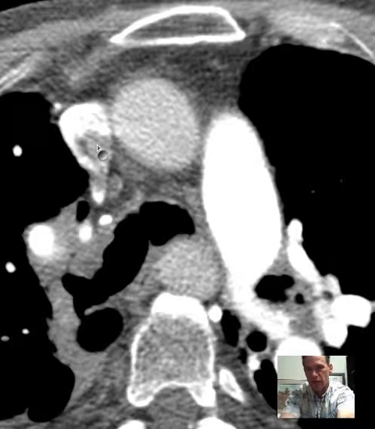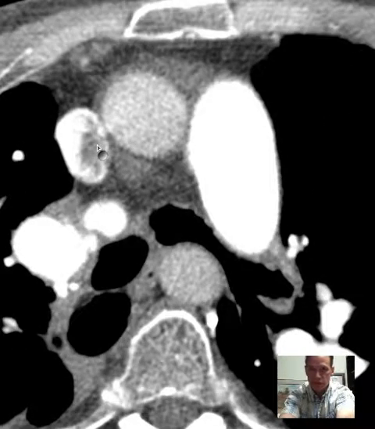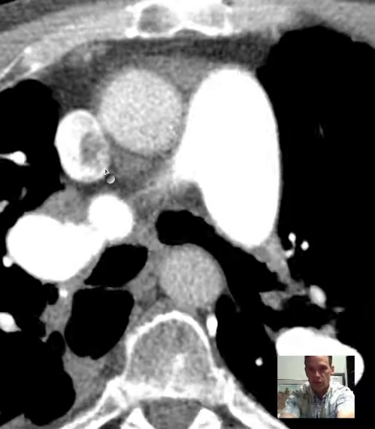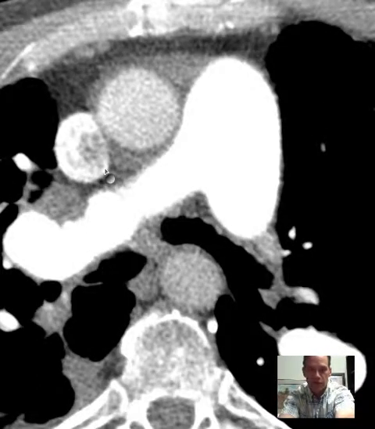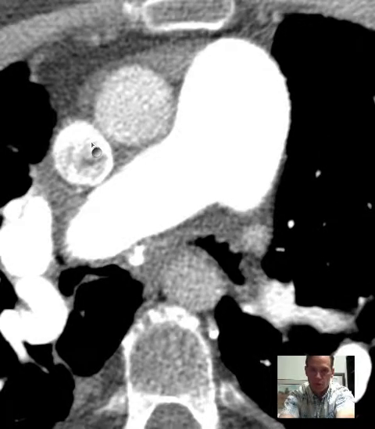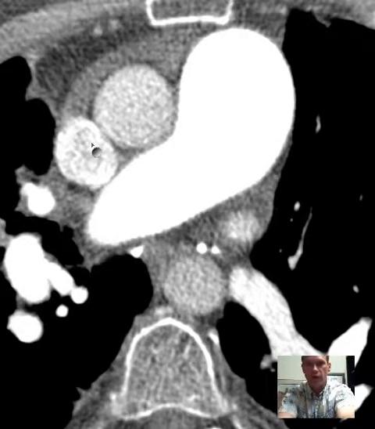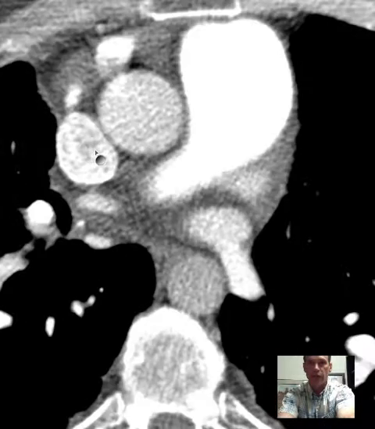So this is not a thrombus, not a clot, not a tumor. It's just that the mixing has not occurred to a very great extent. You can see this diminishing as you go down as more and more mixing is occurring. So if we go from the SVC and we follow that inferiorly, where is the SVC going to empty out